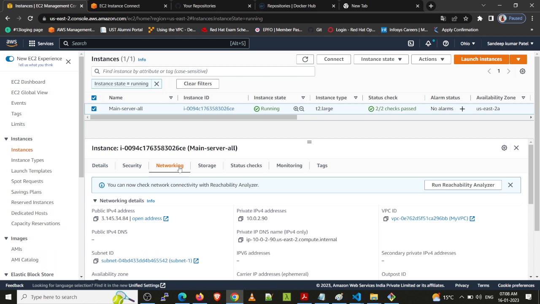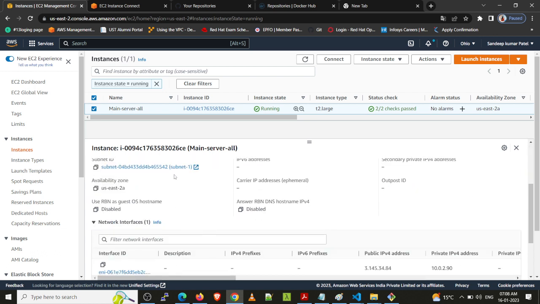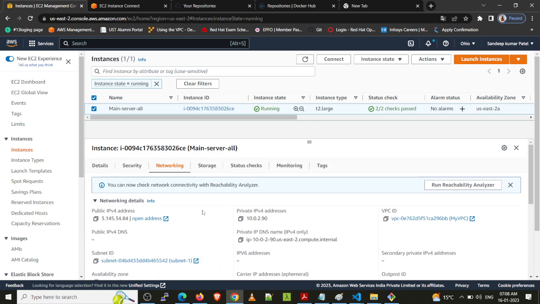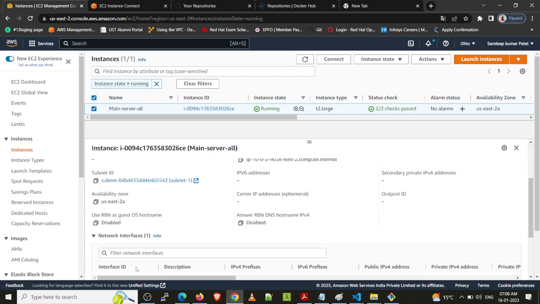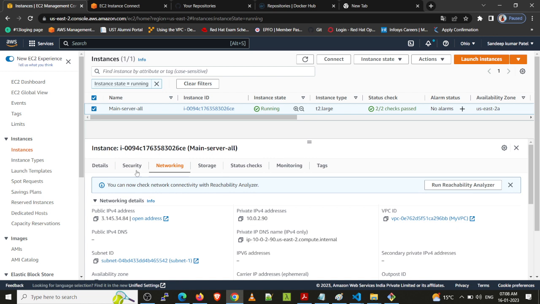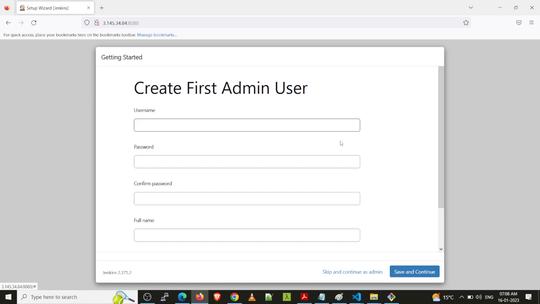So we have to check the other networking section also. Inside it we create one VPC, here is my VPC name. I'm not going with the default settings; I'm going to create my own VPC. Inside my VPC I have to create one subnet, and inside the subnet our server will run. So we come here. Yes, this is ready.